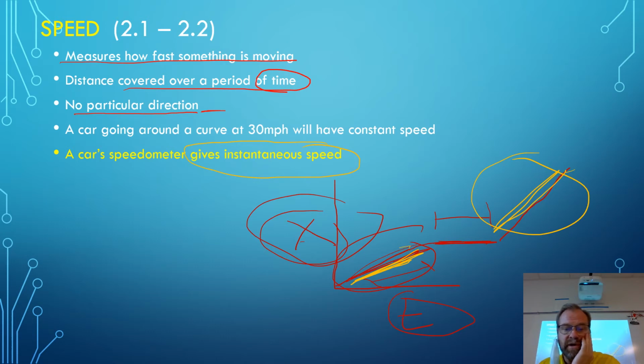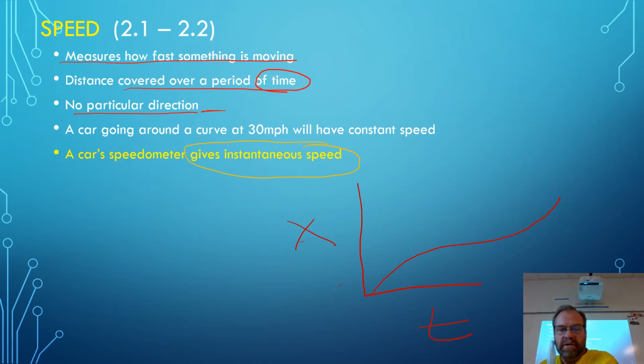So if you look at this graph of distance time, so it's a speed graph, you notice that there's no like constant slope anywhere, right? And if you think of driving on your car, there's never a time that you're actually going like a constant speed. You're slowing up or slowing down or speeding up all the time, right? So when you, like, let's say that right at this time, you look at your speedometer,